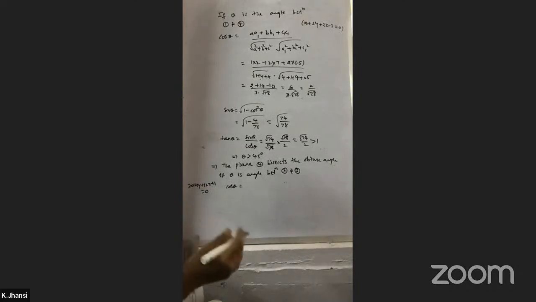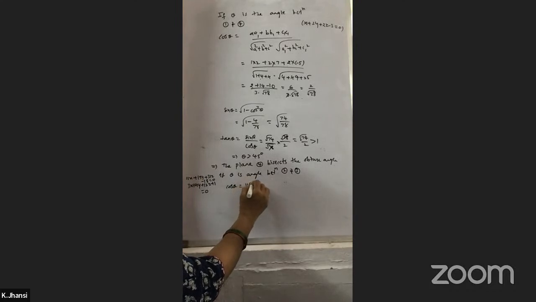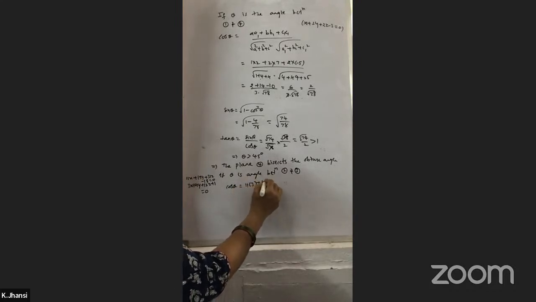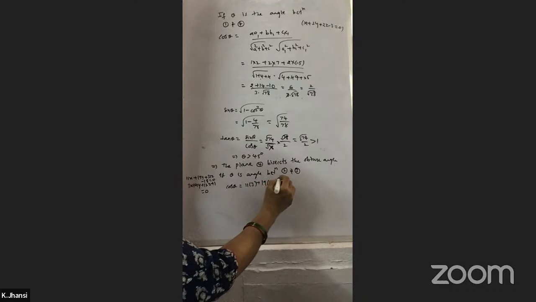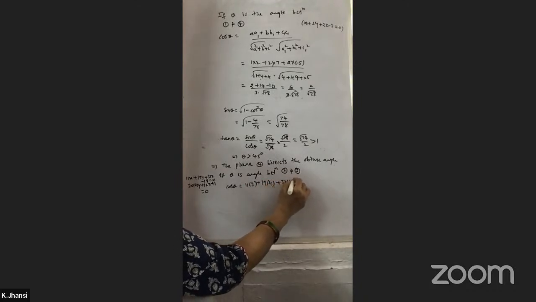And what was the third equation? The third equation was 11x plus 19y plus 31z minus 18 equals 0. So you can write here, 11 into 3 plus 19 into 4 plus 31 into 12,